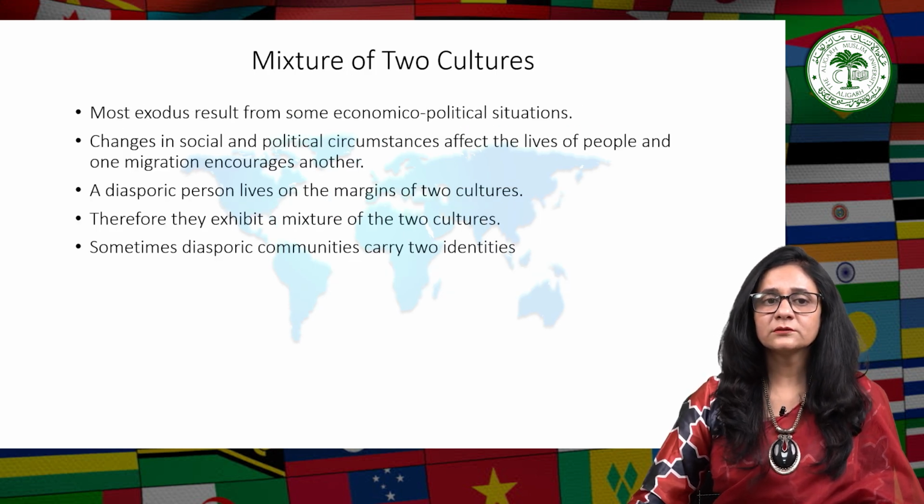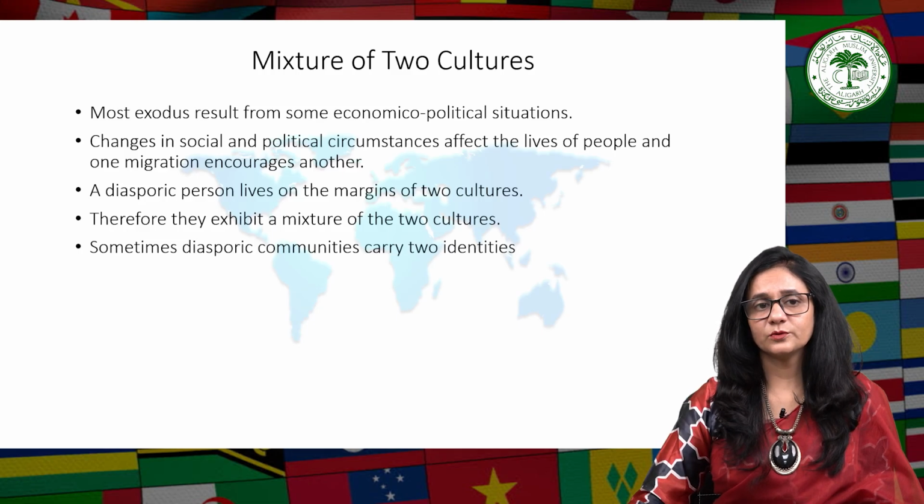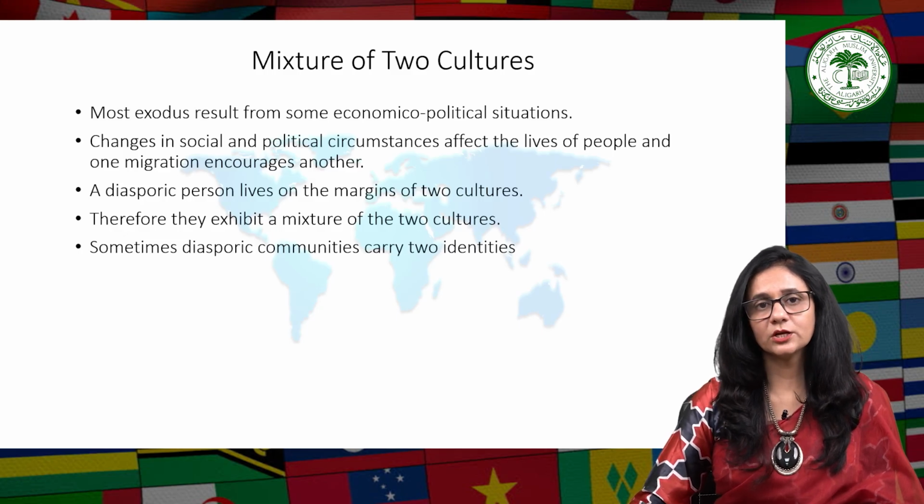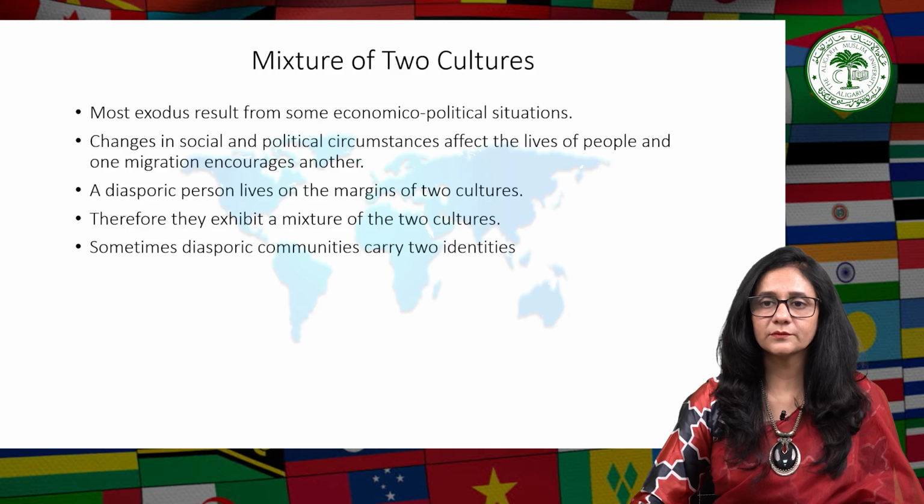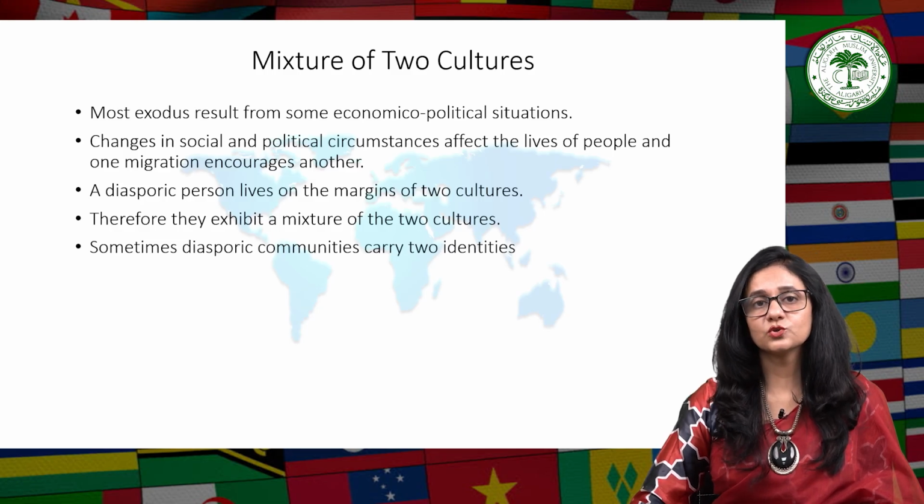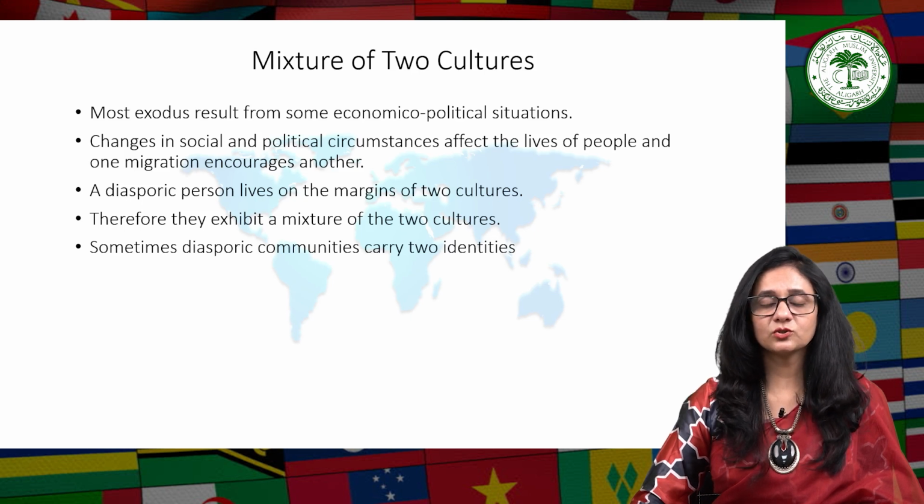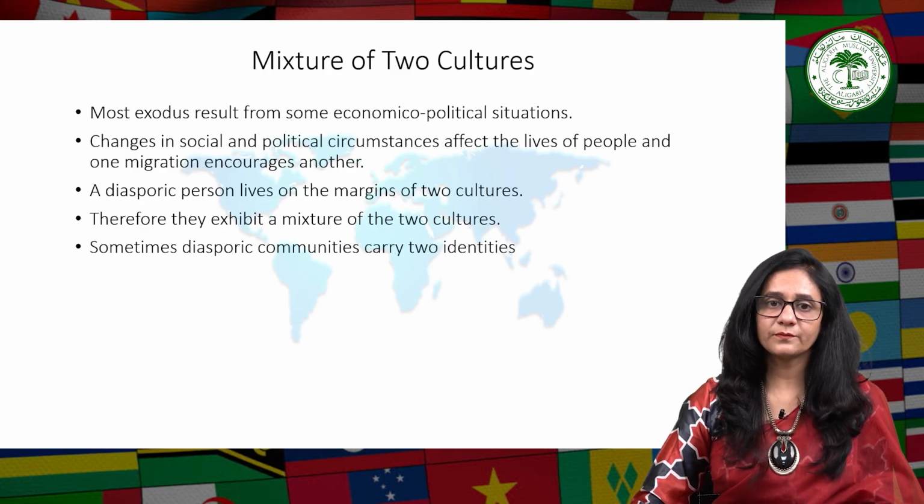Next feature is social, cultural, religious, and aesthetic dimensions of diaspora. A diasporic person becomes like a mixture of different cultures. This person carries 2 cultures at the same time, the culture of the homeland and the culture of this new place. So, as the lives of those in diaspora get affected by the cultural as well as socio-political issues of the country, the changes in their social and political circumstances not only affect the immigrant, but sometimes also encourage others to migrate. Most exodus are a result of some or the other